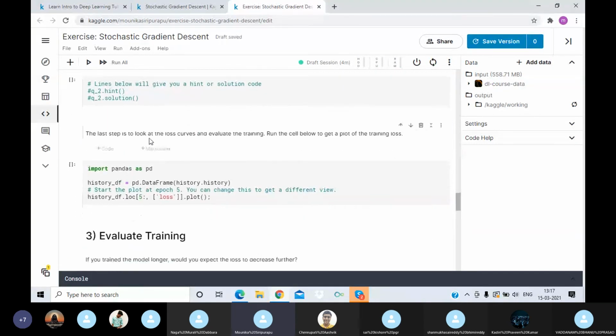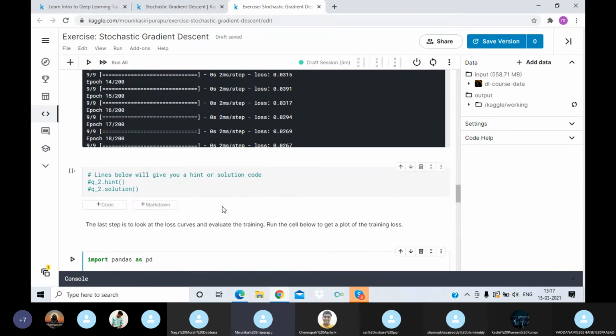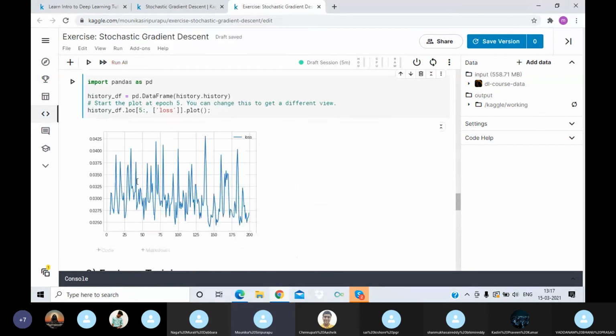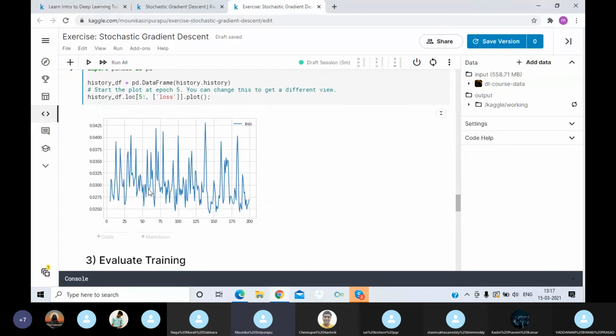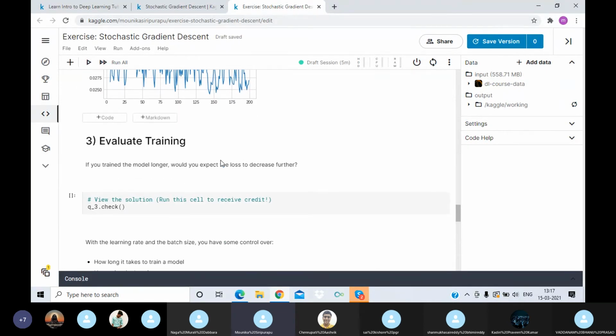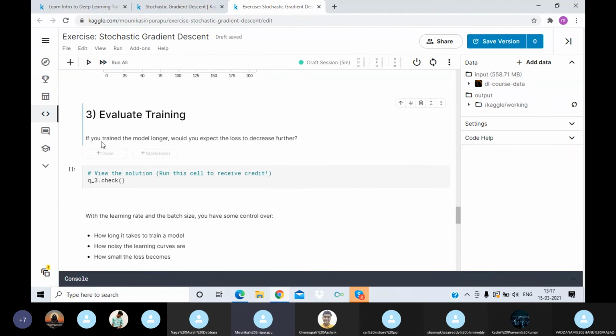Next, the last step is to look at those loss curves and evaluate the training. So now we need to plot a graph. We cannot analyze every loss value, so here we will plot a graph of all the loss values. After that, we'll evaluate the training. If you train the model longer, would you expect the loss to decrease further?